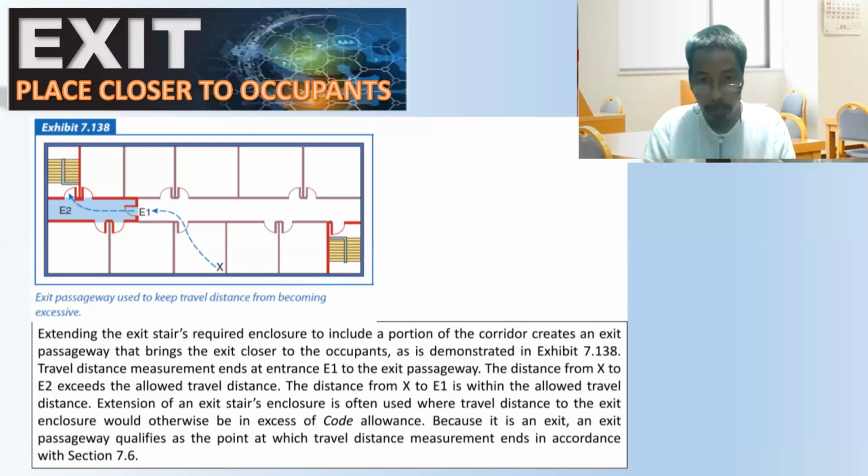So the distance from X to E1 is within the allowed travel distance, okay, assuming extension of an exit stairs enclosure is often used where travel distance to an existing enclosure would otherwise be in excess of code allowance. Because an exit passageway qualifies as the point at which travel distance measurement ends. This is the correct technical